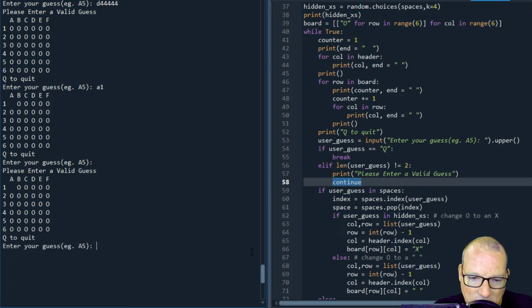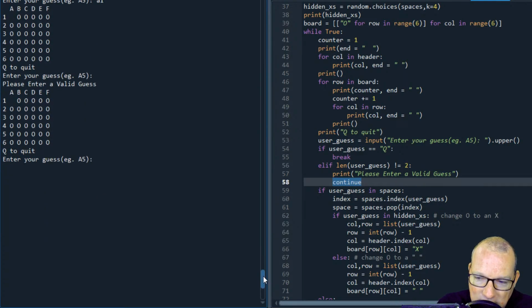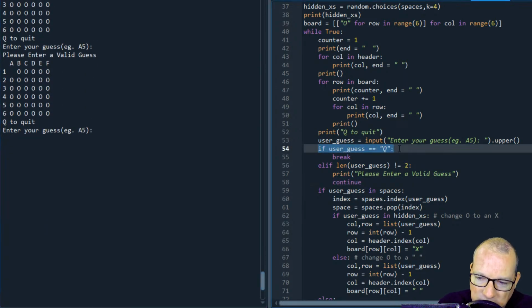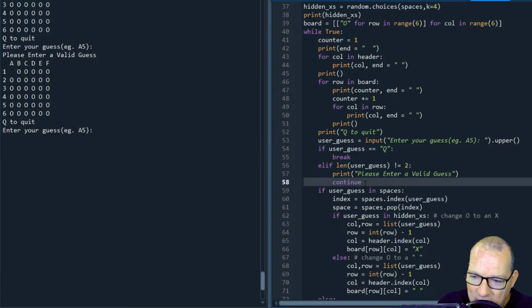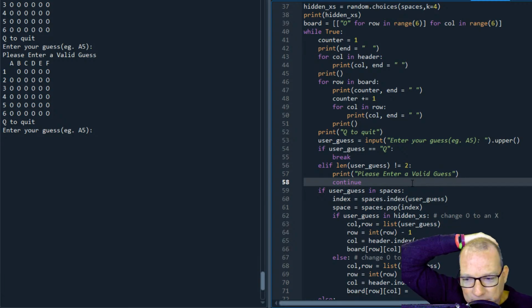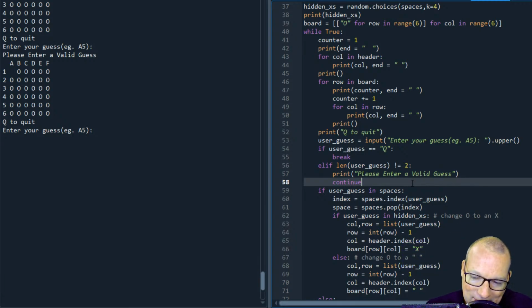Ooh, perfect. And we just inadvertently handled a blank entry. So we set it as not equal to 2. We want the queue to happen first, higher priority. Check this first, then break out. And now, if it is an invalid guess, if it doesn't have 2 characters, and I guess technically,